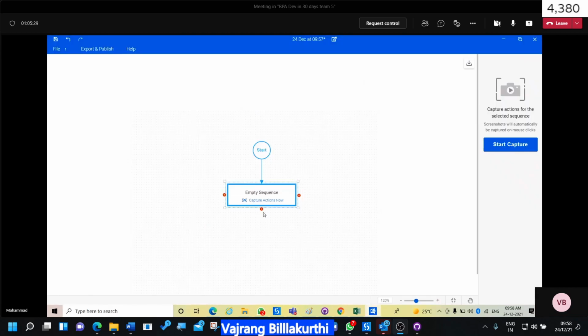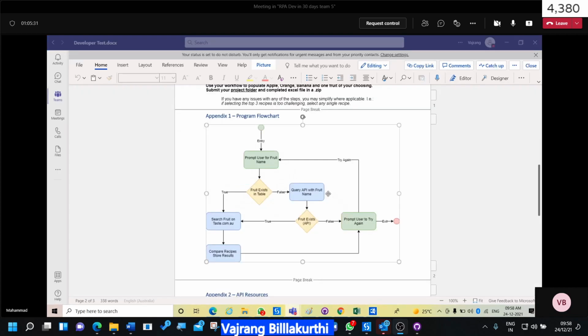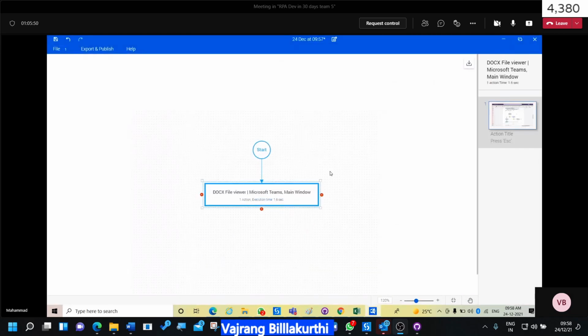Tell me the steps, Maja. First, okay, the capture action now. To capture action. You want the workflow? Workflow in the sense steps, Maja. So what is it? Whenever the user enters input, right? Okay. First, then we will ask the user for the input dialog box.